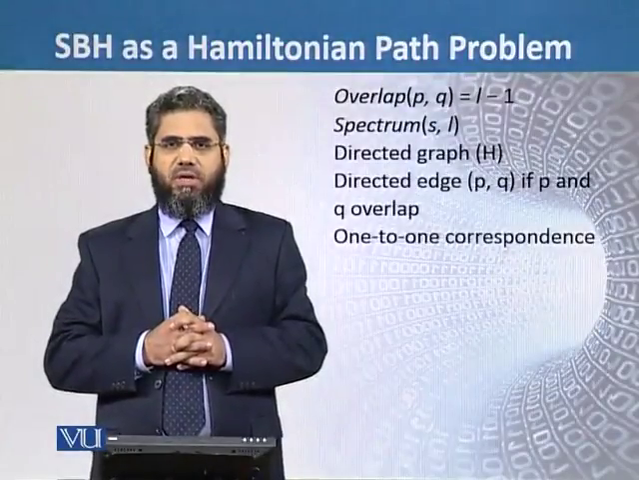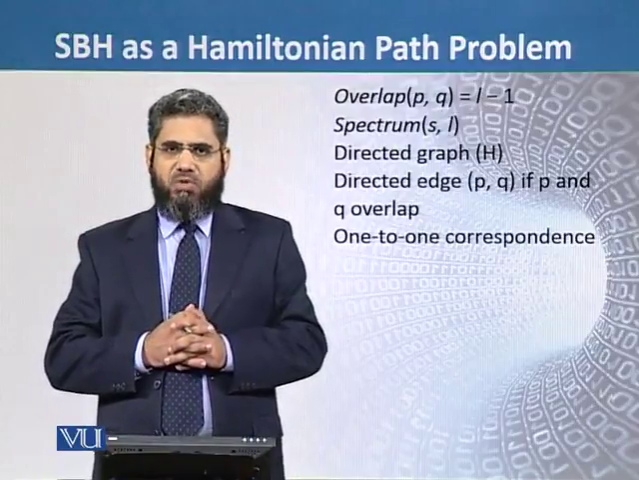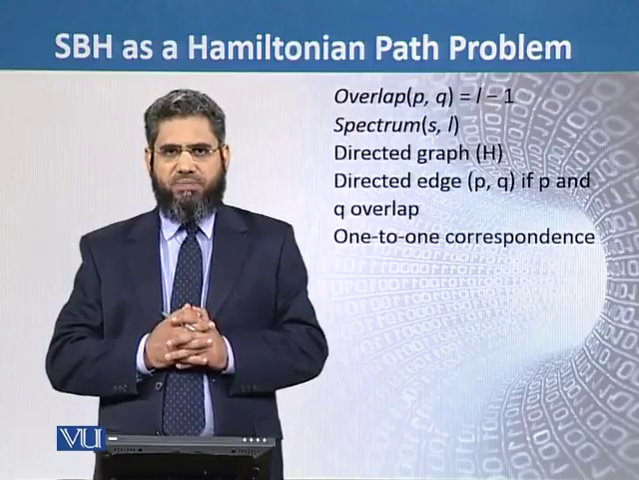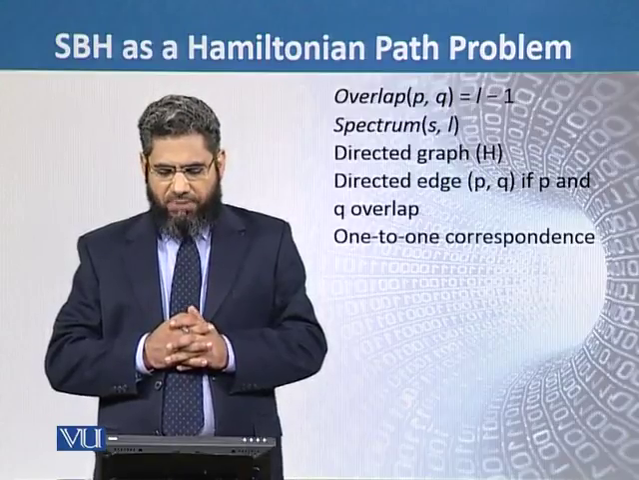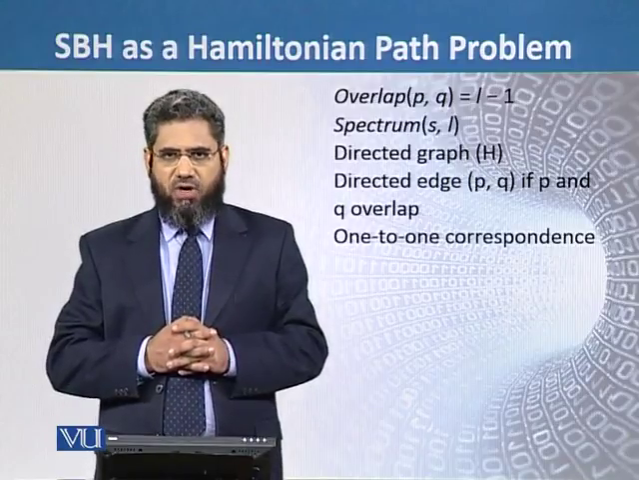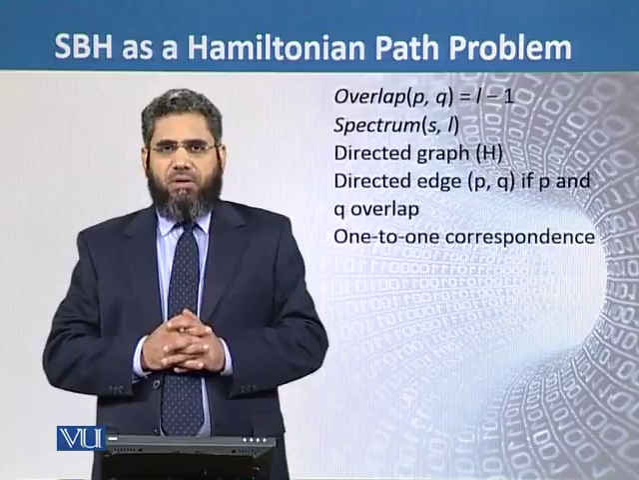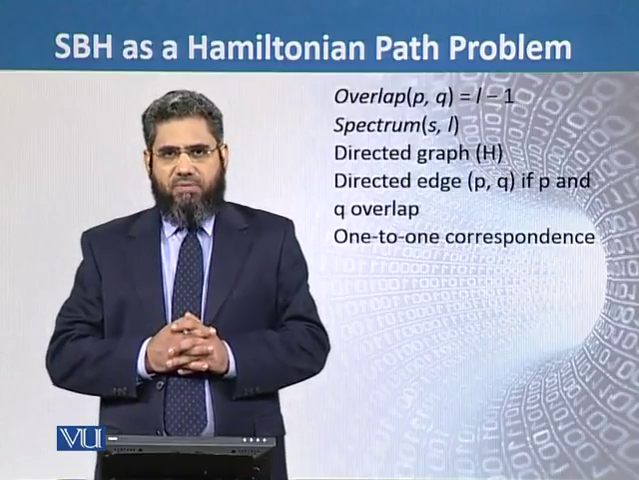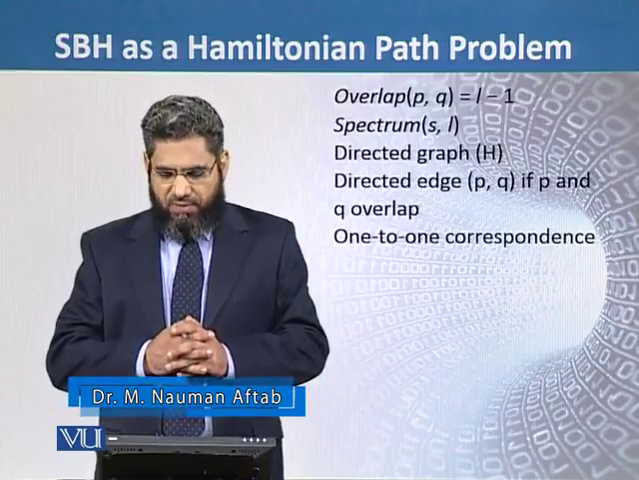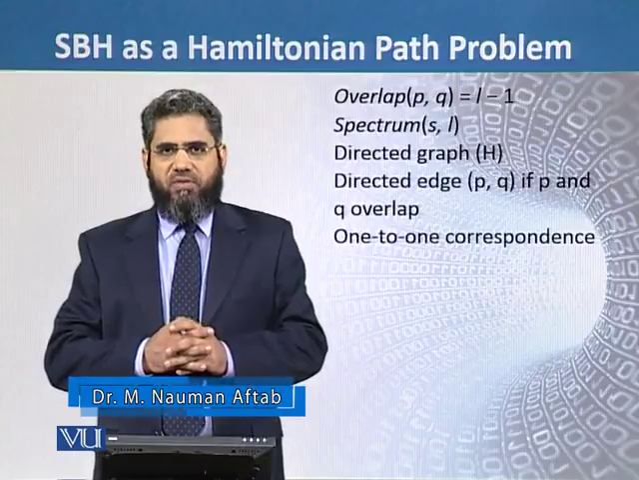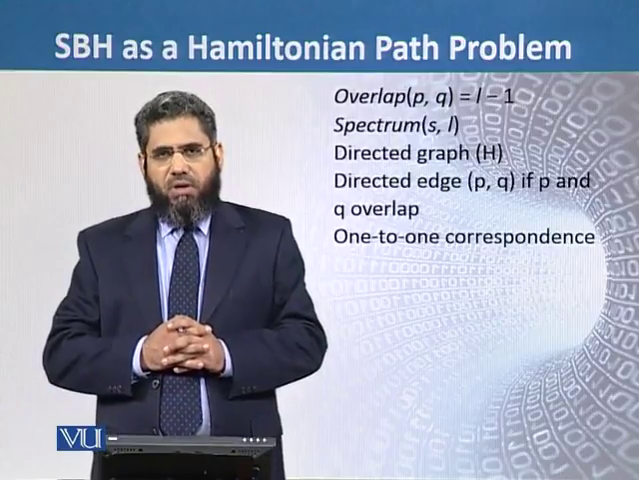Now we will consider sequencing by hybridization as a Hamiltonian path problem. So if we consider that we have two elements representing P and Q, and they have an overlap, where the overlap of P and Q is equal to L minus 1. So if the last L minus 1 letters of P overlap with the first L minus 1 letters of Q, then we can construct a directed graph H, by introducing